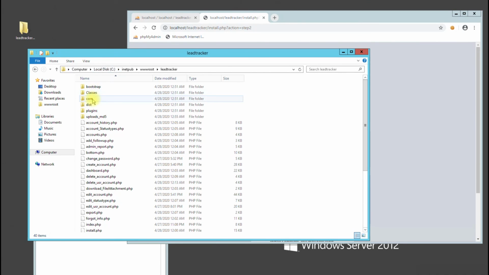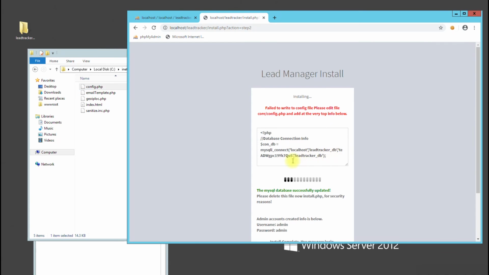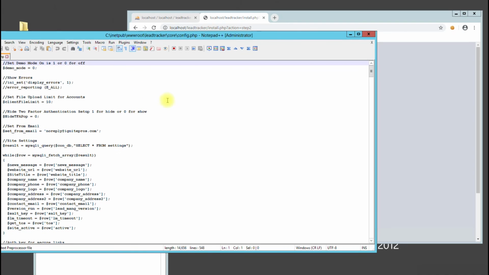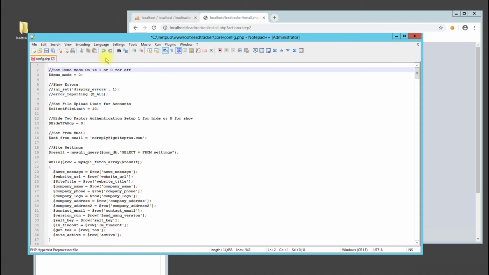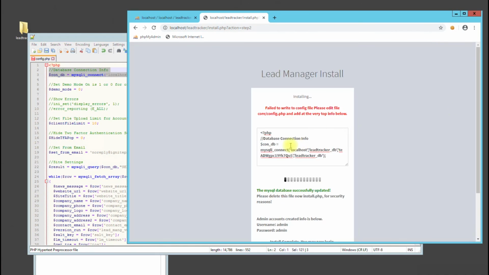So what that means is inside core there's a file called config.php. I did not give the server write permission to write on this file, but it's okay. We can go ahead and just copy this code since it was unable to edit this file, and we can right click on it, and I like Notepad++. Go ahead and open in Notepad++, return that down, paste that snippet of code that was just copied from here,